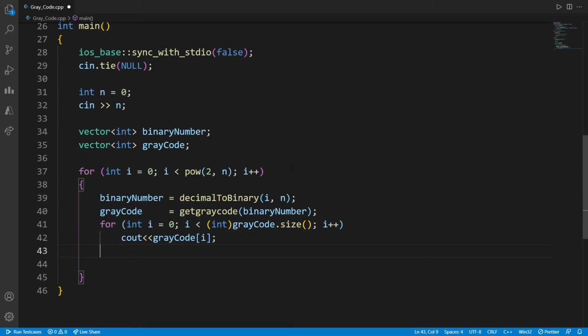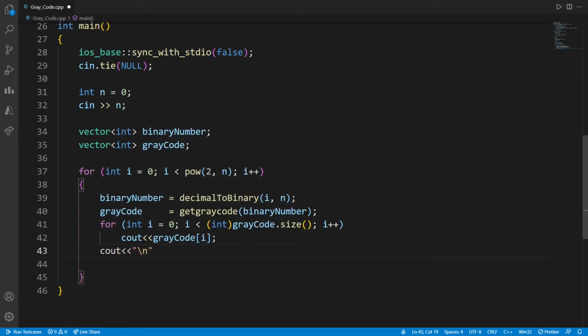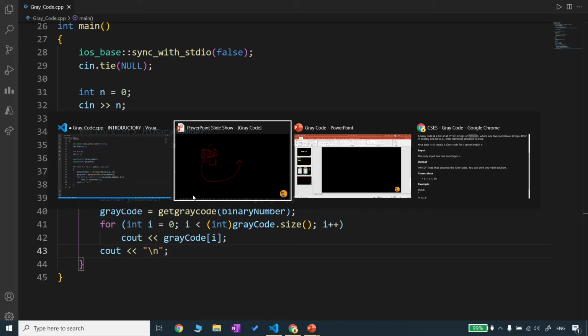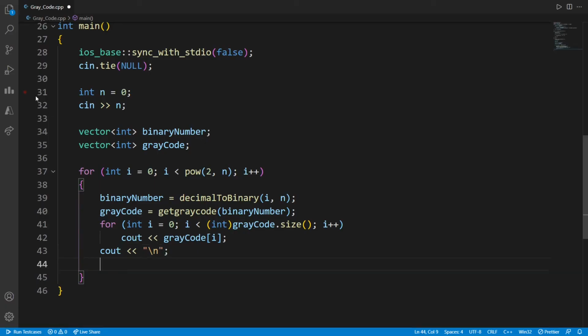This will go above, so let's leave a line, cout. Then we will clear off this binary number, because we need to go for the next one. We are done with this copying and XORing operation, and we will now move to this one, then this one, like this. So we can use binary number dot clear.